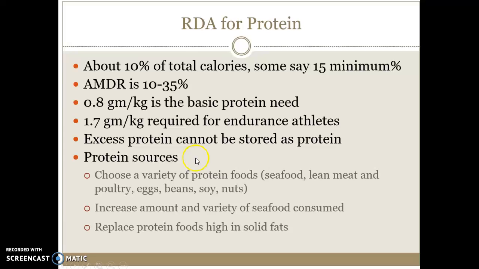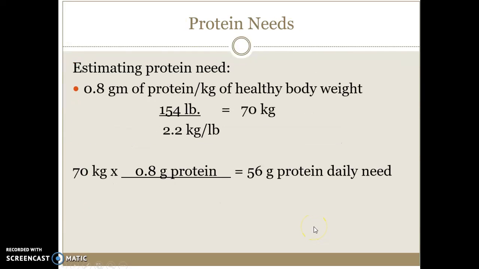We can't store protein as such, it's just stored in our cells. So if we don't have enough protein, if we are under consuming protein, then we can use it by breaking down our cell components. The food sources then are animal products, eggs, beans, grains, as we already mentioned. Of course, a lot of protein foods are high in fat, so we should try to eat lean animal products.